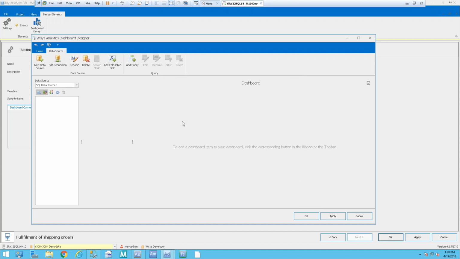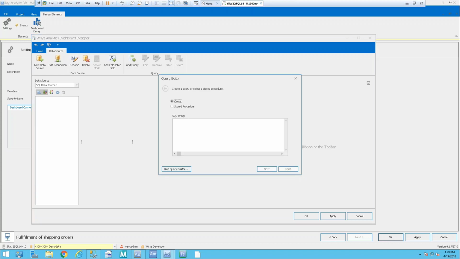So the first step that I really need to do here is go to my data source, and now I'm going to click my Add Query, and this is going to let me create my SQL query for what I want to display on my dashboard. So I can do it as a query. I can also pull in stored procedures. Now I can cut and paste SQL straight in here, but I'm going to go on ahead and click Run